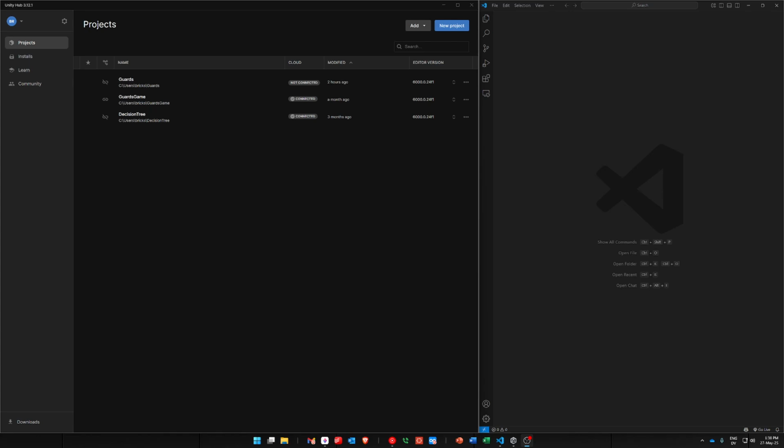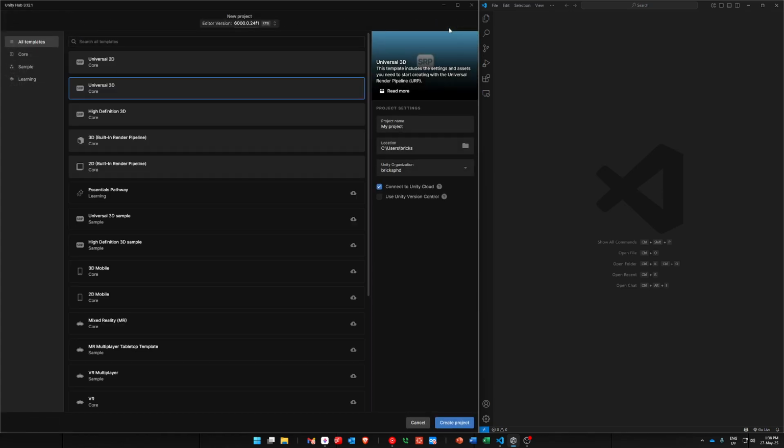In modern Unity, you download Unity through something called Unity Hub. So you install Unity Hub and a version of the Unity IDE. And once you have that installed, you can create a new project. So I'm going to come in here and create a new project. There's lots of options here. The big thing that we need to stick with is we're going to be doing a 2D project. We're going to keep it in 2D so it looks like the game we made. And then over here, we're going to give our project a name. So I'm just going to call it Guards Game